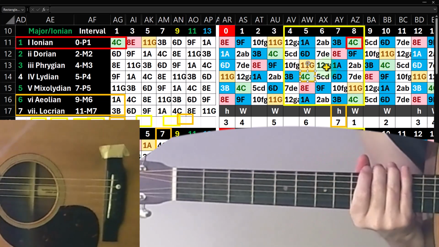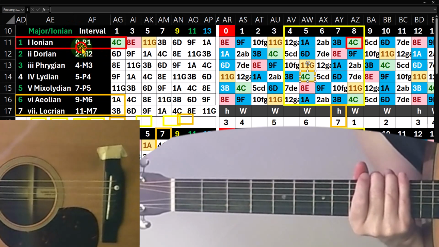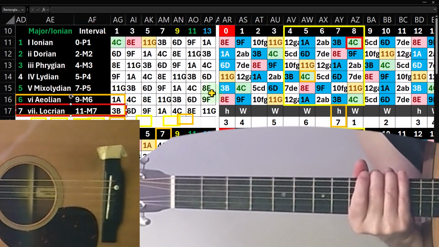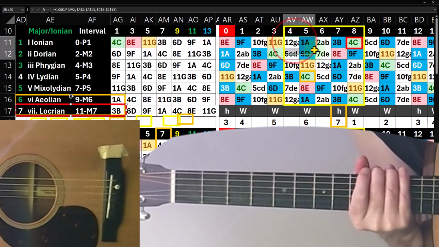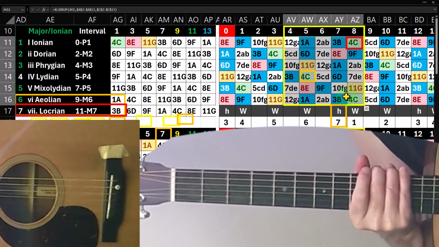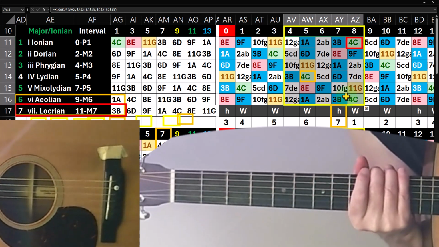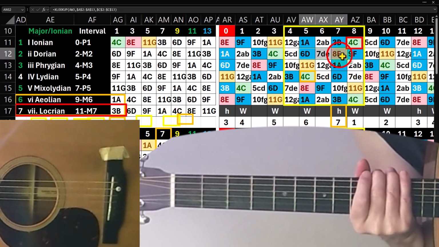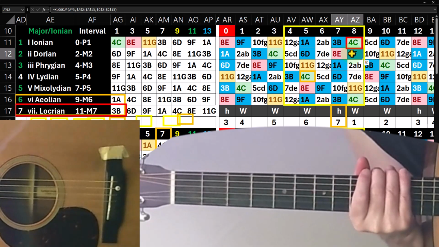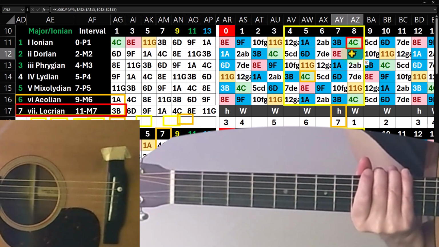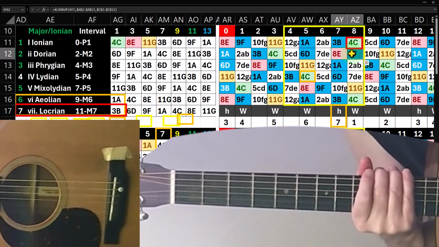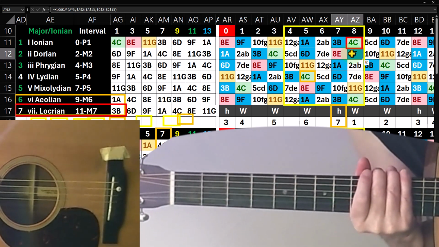Okay, now let's do the same thing, but I'm going to focus in on this change going from the 6 to the 7. And when I get to that, I'm going to jump to each of the other strings. So I'm going to walk through this as though I'm going to stay in this shape, but then any of the intervals from one step to the next is either going to be a whole step, like this one, or a half step. And that means if I know the interval of a whole step or a half step, and I know which step I'm on, then I can jump to any string I want, and use that. It'll be a different octave, but I can use the same